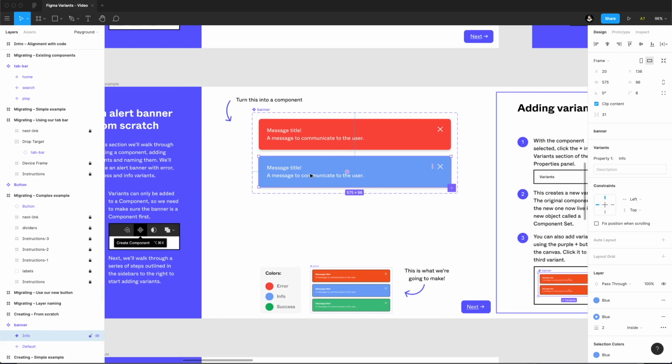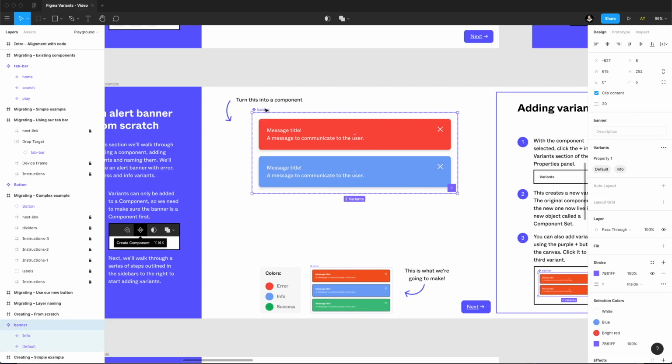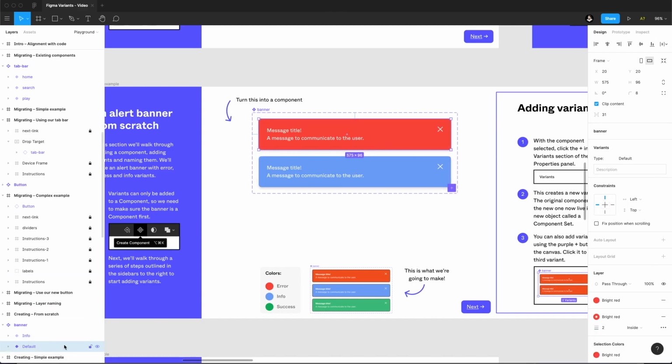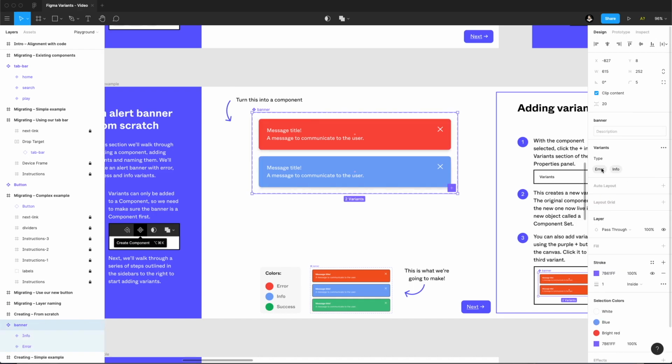And if I want to make sure to guide the consumer of this component to know what they're changing, I want to change the property name to maybe, let's just say, type. And then I can rename the default as well. I can select default down here, and I can rename this to error. And now I can notice that the names have changed in the layer panel, as well as changing in these